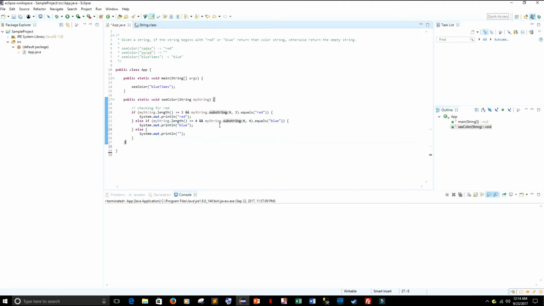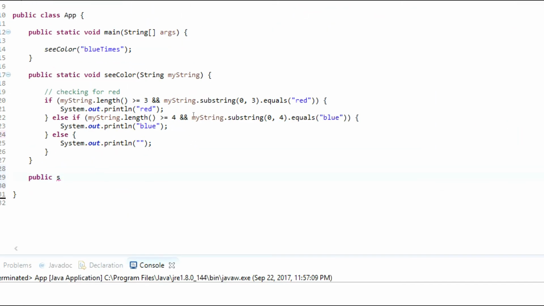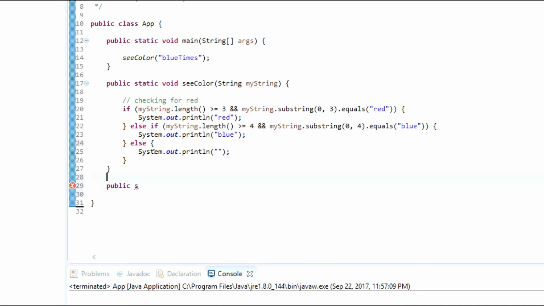All right, so the first thing you want to do is go down here and just create our method. And the method is going to be called getSubstring. So public, let me zoom this in for you guys once again. All right, so public static string getSubstring, and then